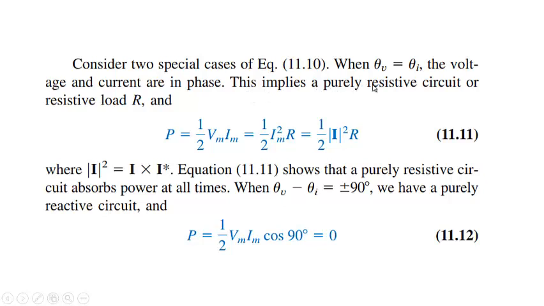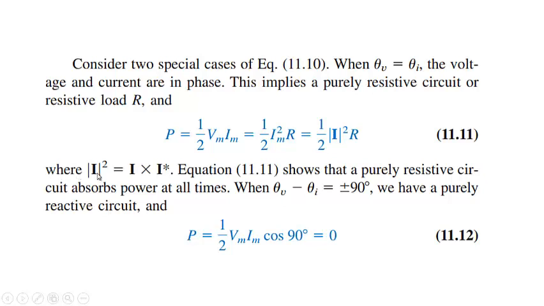So this implies a purely resistive circuit or resistive load. When theta V is equal to theta I, that means theta V minus theta I is equal to 0, or cos of theta V minus theta I will be equal to 1. That means P is equal to 1 by 2 Vm Im. We may write this in terms of R because Vm is equal to Im into R, so it can be equal to Im square into R, which in terms of phasor will be equal to 1 by 2 I square R,